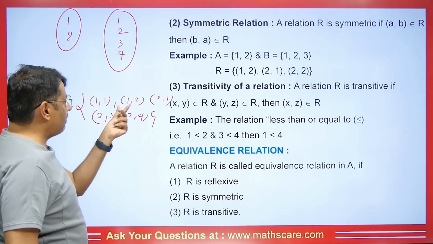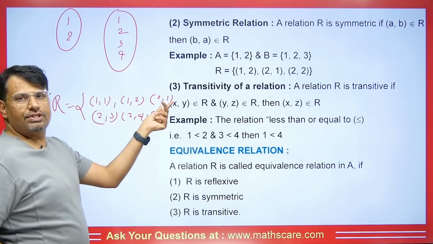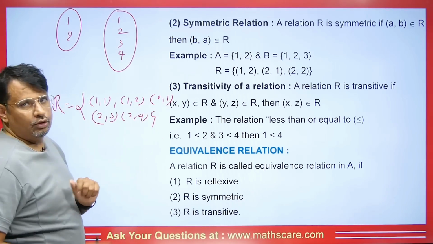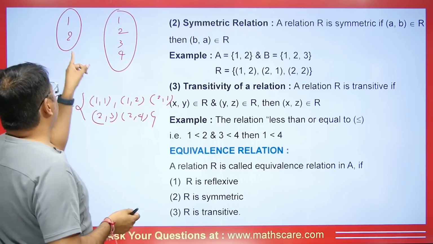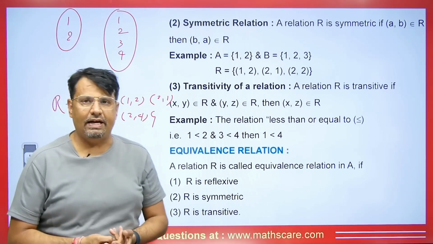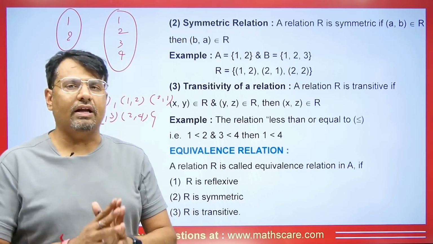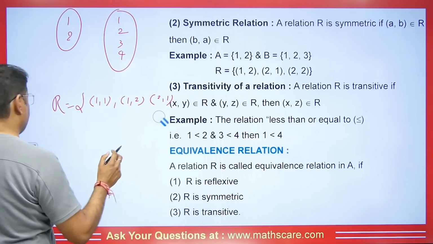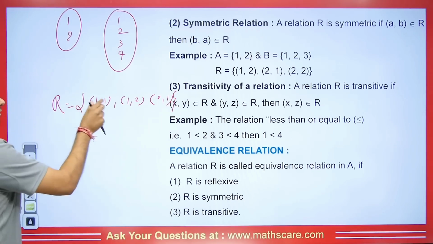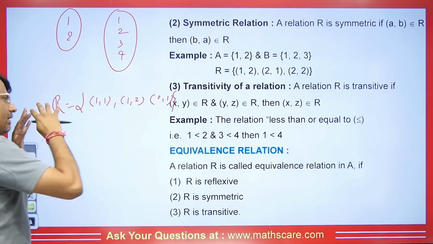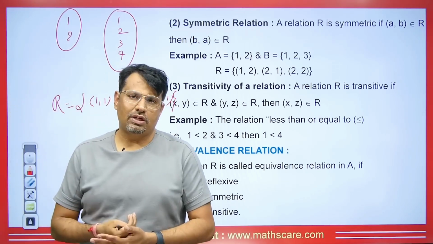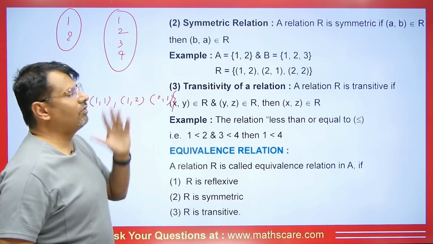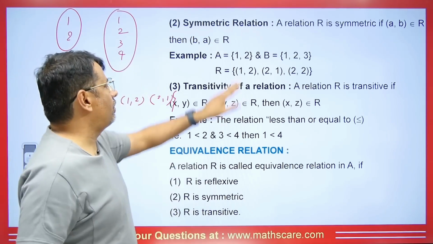You see 1, 1. If it's 1, 2, then 2, 1 should be there. Here 2, 3 is there, so 3, 2 should also be there. If you see 3, then it's not here, so 3, 2 can't be right, meaning the relationship is not symmetric. Yes, if by chance only these elements are there, 1, 1 is going, 1, 2 is going, 2, 1 is going, then what we have here becomes symmetric because 1, 2 and 2, 1 are inside it. This is what I was trying to explain here.